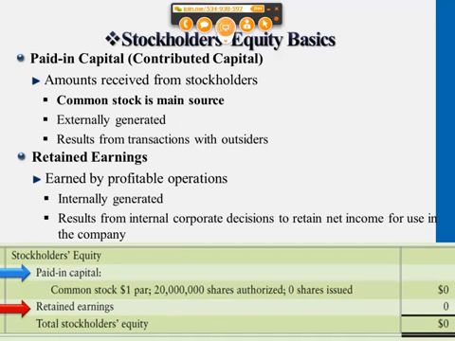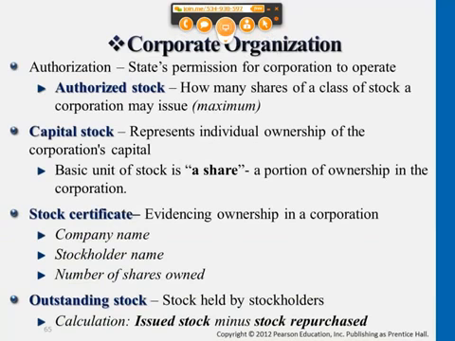Then for paid-in capital, we'll talk about different types of stock: common stock and preferred stock. When you see the terms stock, shares, shareholders, stockholders, these are referring to the same thing. In chapters 1 through 4, we talked a little bit about corporation characteristics. Actually, we have a whole section on corporation characteristics, and how it's different from proprietorship and partnership. So when you read this chapter, if you forget that section, make sure to review the general characteristics of